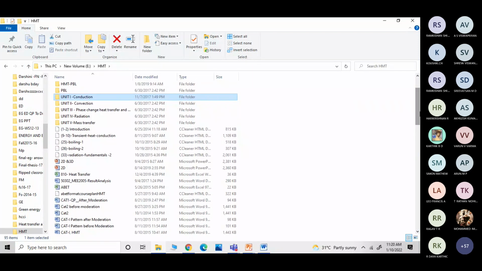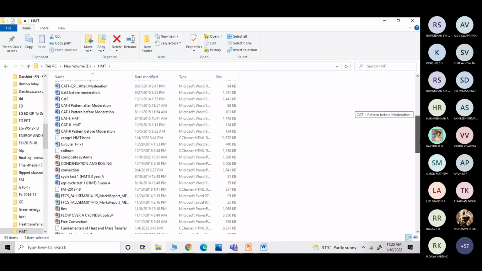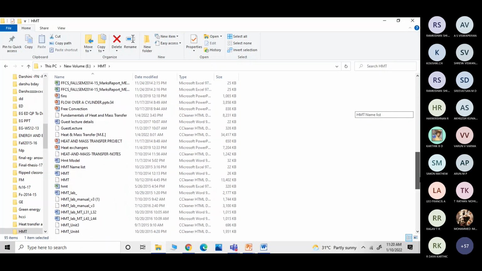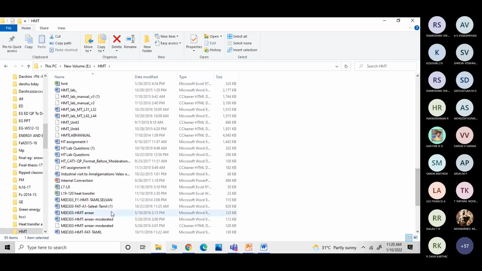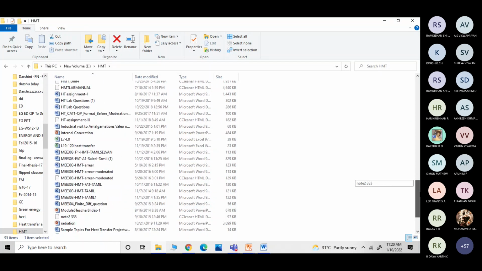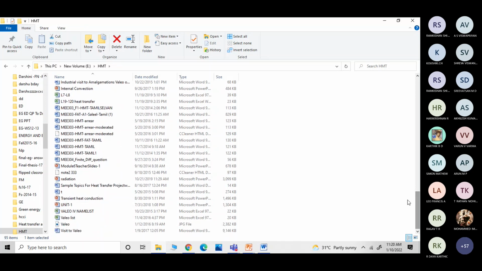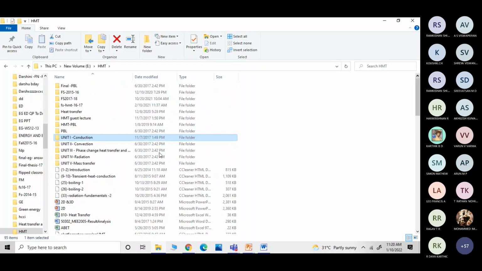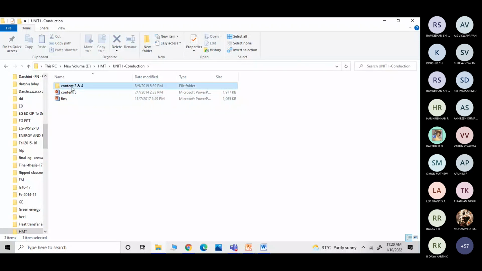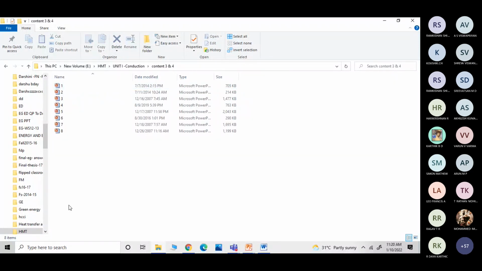Let me take the internal heat generation, because that particular expression will give you a much better idea when compared to